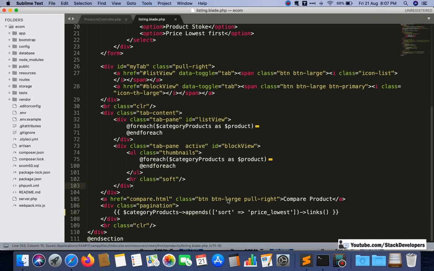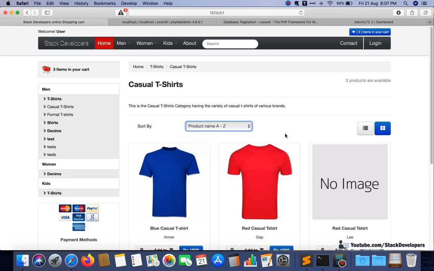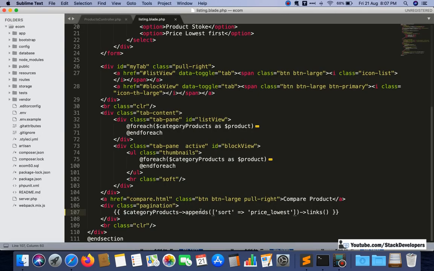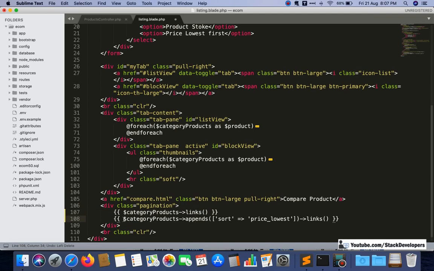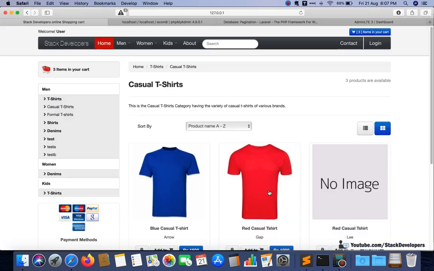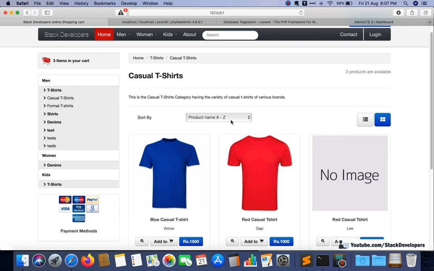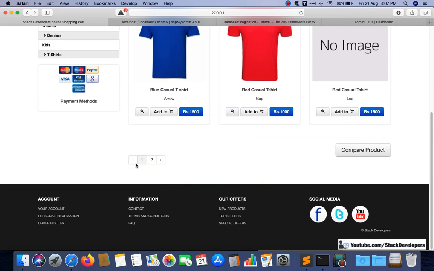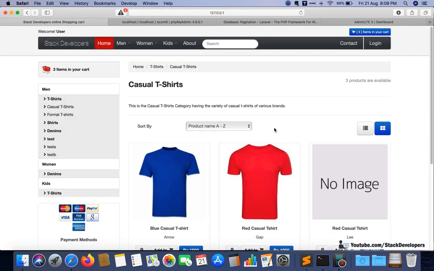This one we are going to use in detail in the next video. We will use it dynamically. Now we are using it statically, but from the next video we are going to use it dynamically for all sort options. We are going to update this one in the next video. So right now you can just use this one, and you can comment it out like this, because in the next video it is very useful. In the meantime we can use the same one. In the next video we are going to work on the sort features. The append will also help us, and the pagination as well. But first we will work on the sort option.